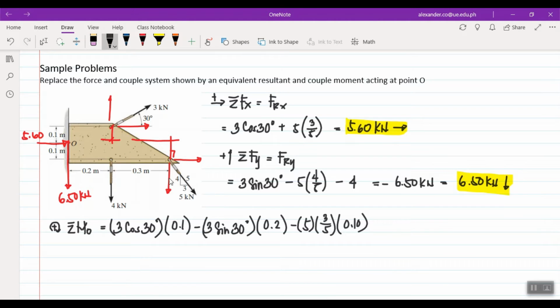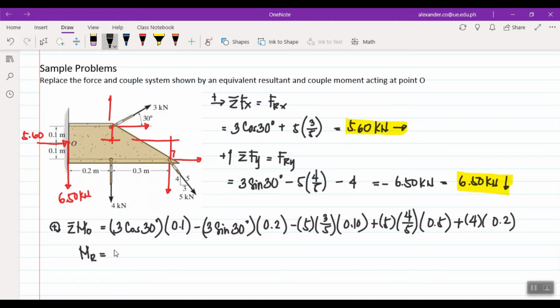Next, ito, yung y. Ano rotation niya? Clockwise from point O. So, it's 5. Ang kanyang slope is 4 over 5. Okay, ano ngayon kanyang lever arm? Perpendicular distance from O. So, 0.2 plus 0.3 will be 0.5. Okay, what is left? Ito na lang, yung 4 kilonewton. Ang rotation niya from point O then, 4, is clockwise. So, it's plus 4 times ang lever arm, 0.2. Di ba? Okay, so, ibig sabihin, ang moment